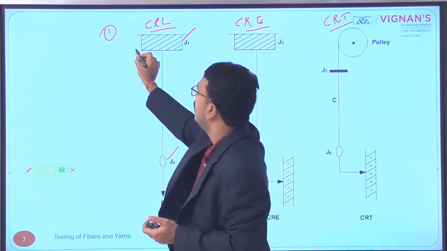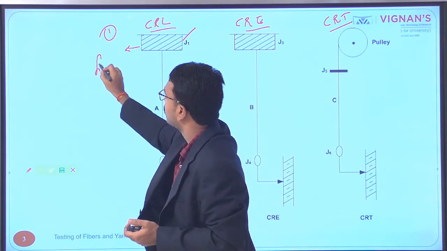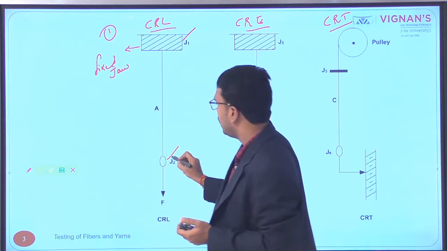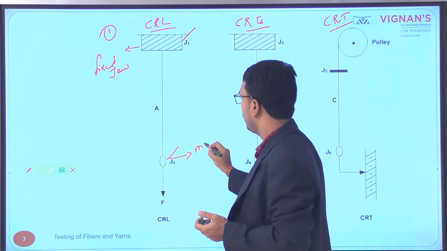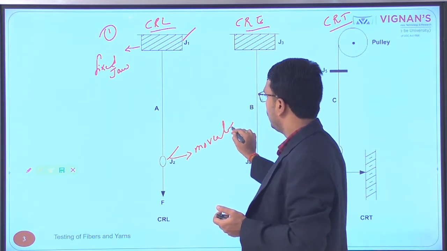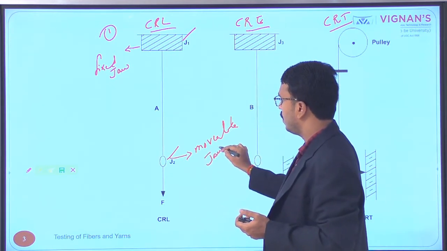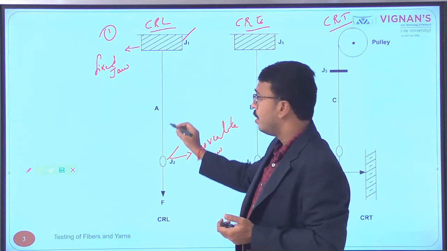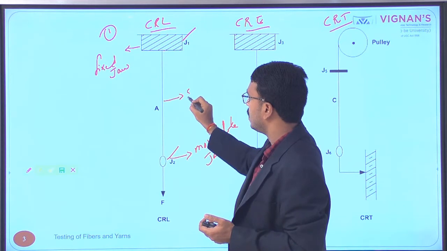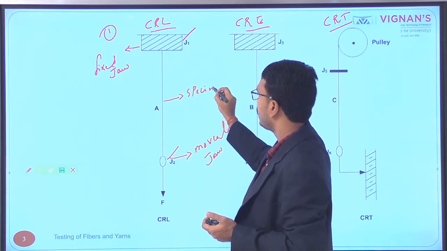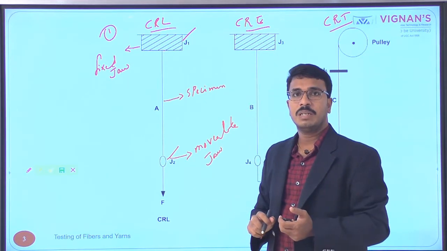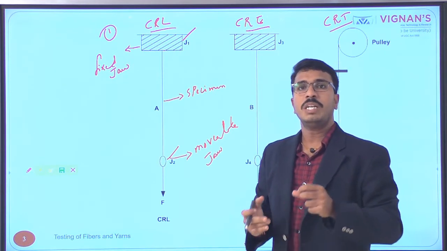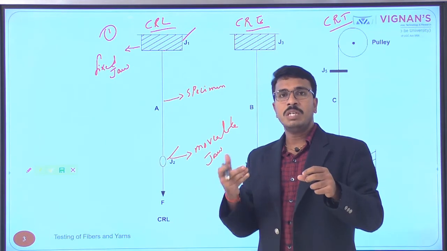Here you can see this is the fixed jaw and this is the movable jaw, and in between the fixed jaw and movable jaw we are mounting our specimen. This is the specimen. Okay, now in this CRL principle, what I told you is that we are going to impart